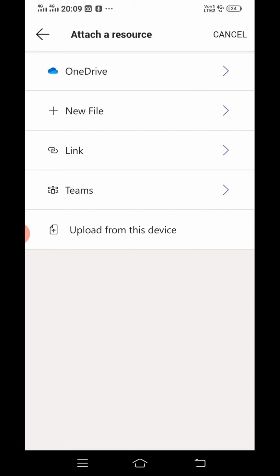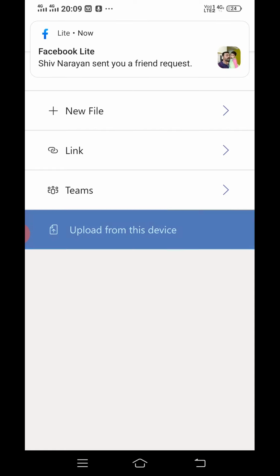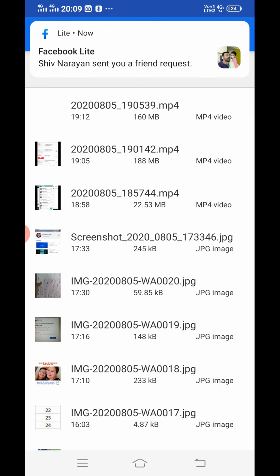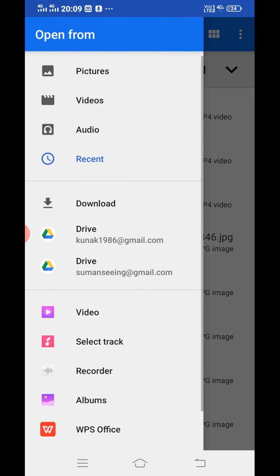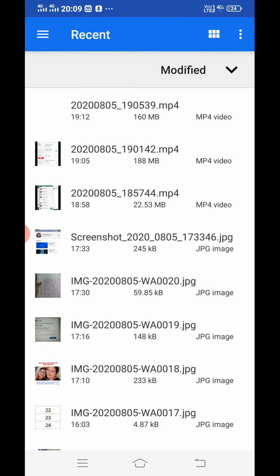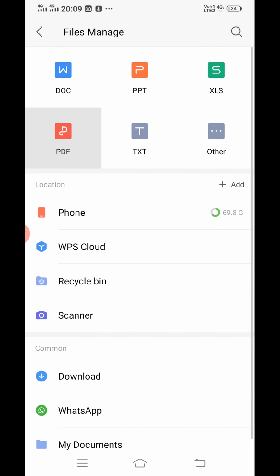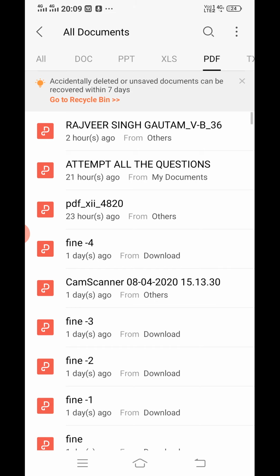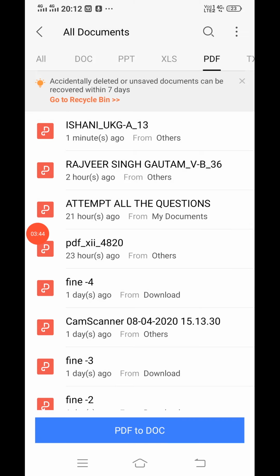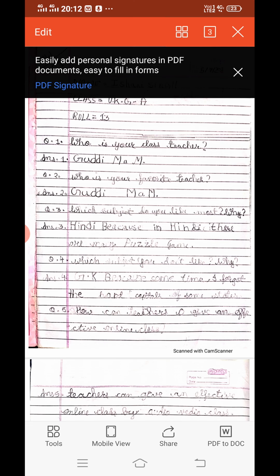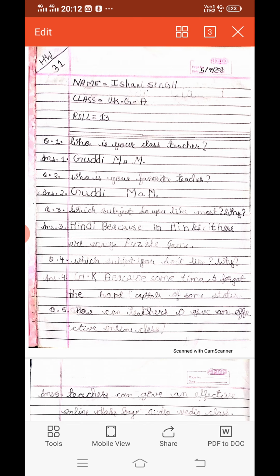Then after add work, upload from this device, and now select your created PDF file and file manager. Go to the location where the file is saved. Select your PDF file, your answer that you want to submit. After selection, simply